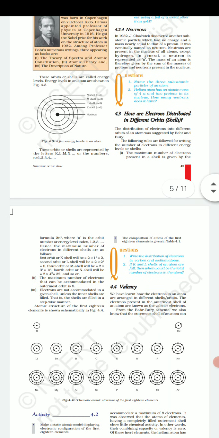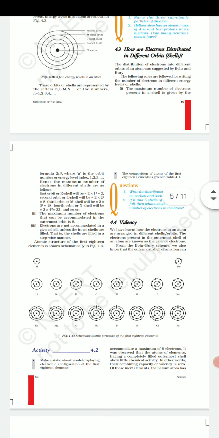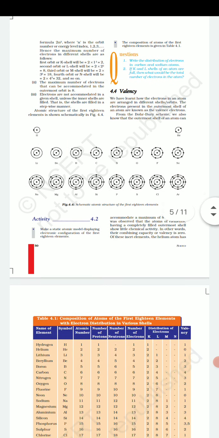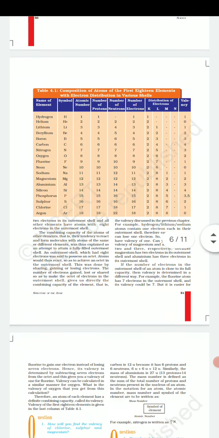Next we will look at how electrons are distributed in different orbits. For distribution of electrons, let's first of all recall our atomic numbers. So this is our atomic series from hydrogen to argon. 18 elements are given. We have already discussed atomic number, electrons, protons and neutrons. Here we are going with the distribution of electrons. You know atomic number is equal to the number of electrons. Simple counting is there. So let's do the distribution.